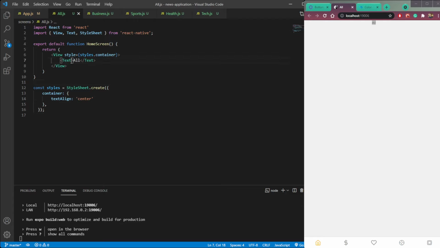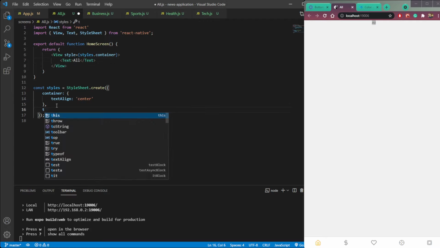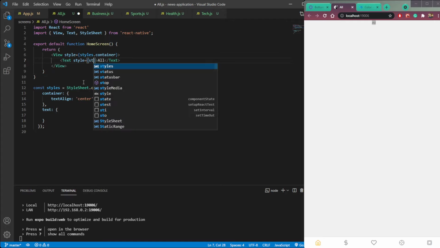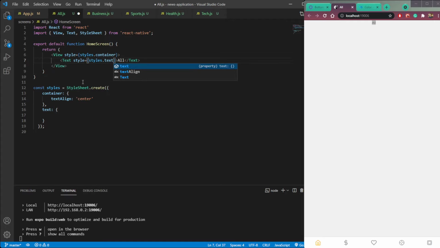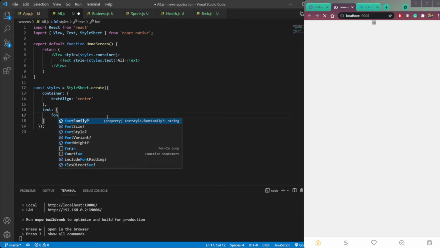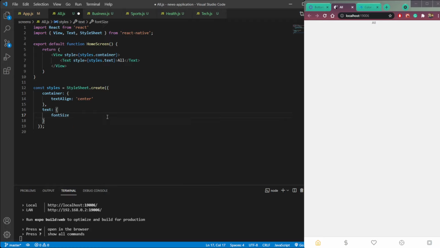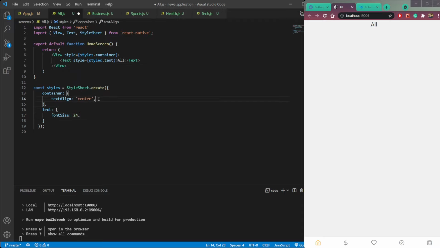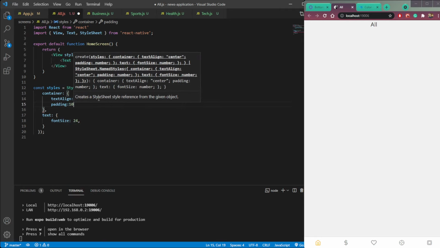Now we need one more style for text. So add text here with a colon and curly brackets, and then style equals styles.text. This will target this text object. Save it and let's set fontSize, let's make it 24. Then in this container let's give it a padding of 10.